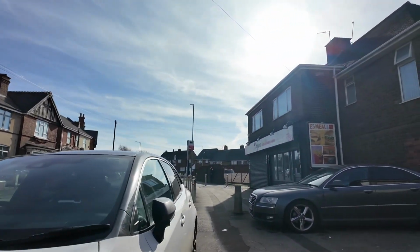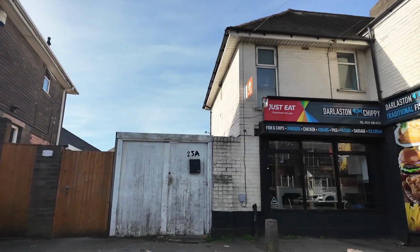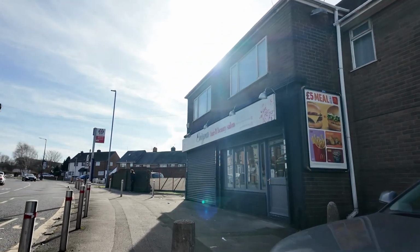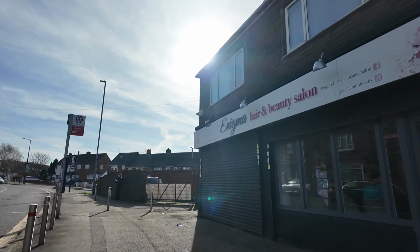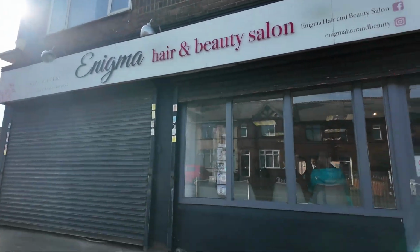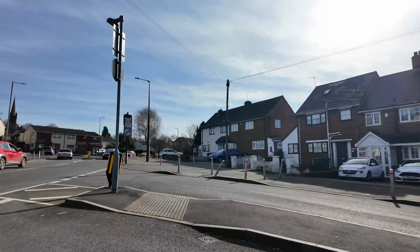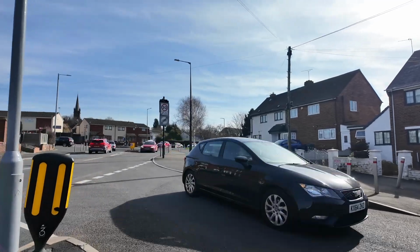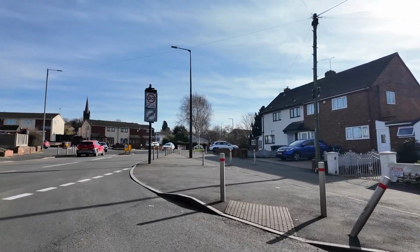This is the top end of Darlaston Road with, what did we say? We got a chip shop. Yeah, that's about it really, isn't it? Chip shop. And what's this one? And it's a beauty salon. So you can have your hair done, and no doubt you can have your nails done. In fact, there's somebody in there, a customer waiting. So what I'm going to do, I'm going to take a walk towards Wednesbury Market from here and see what we can see as we walk along